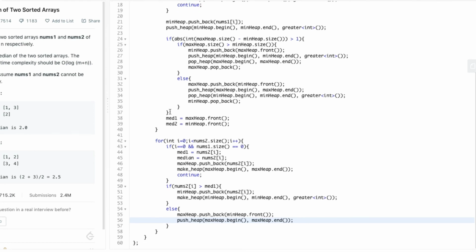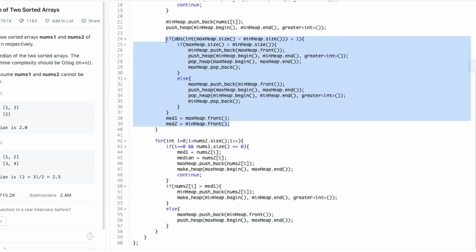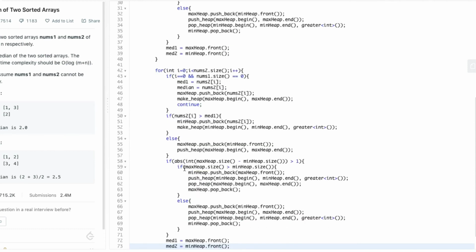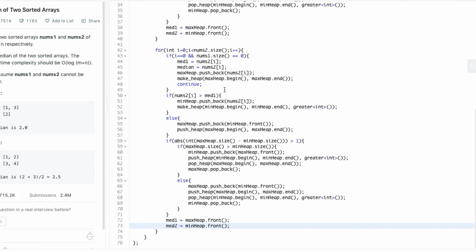And after this, we check whether the absolute difference of the sizes of min heap and max heap exceeds 1. If so, then we perform the similar operations which we have already performed for traversing the nums1 array. So we can copy down this code and paste it here. So we are done with the second traversal as well.